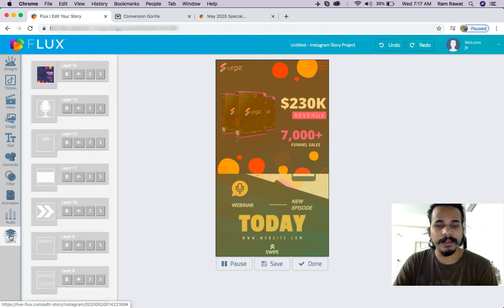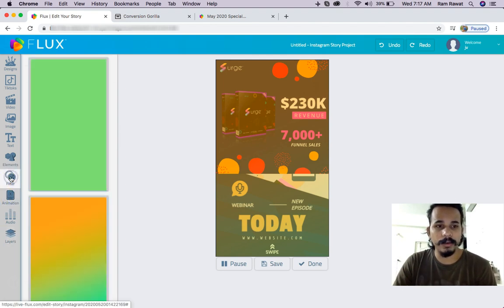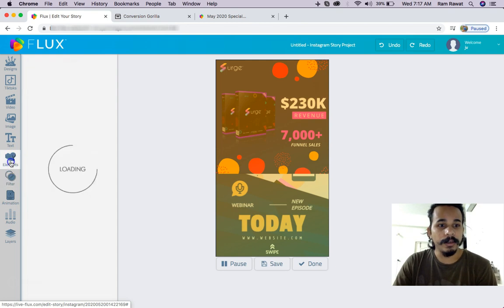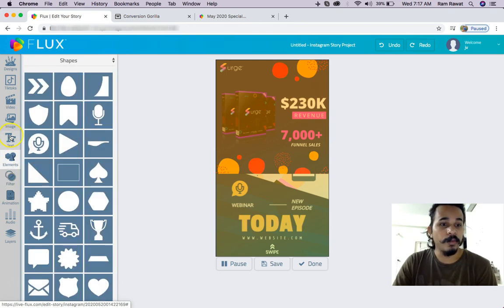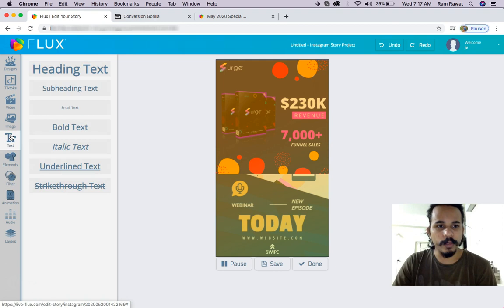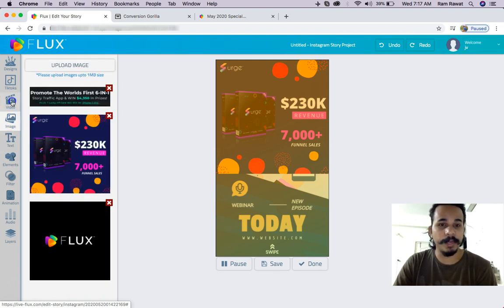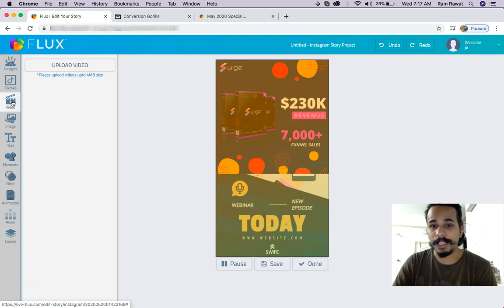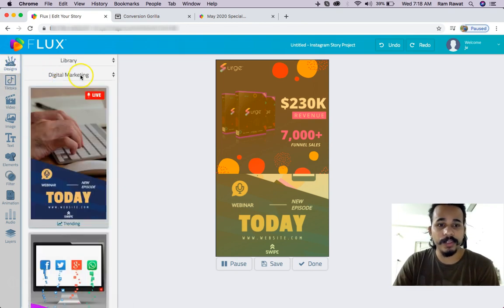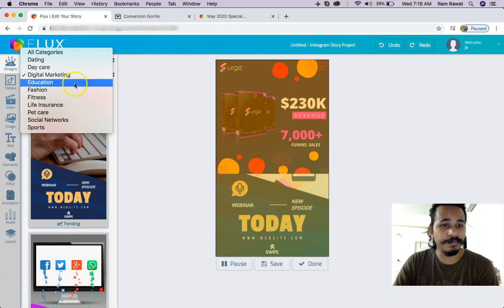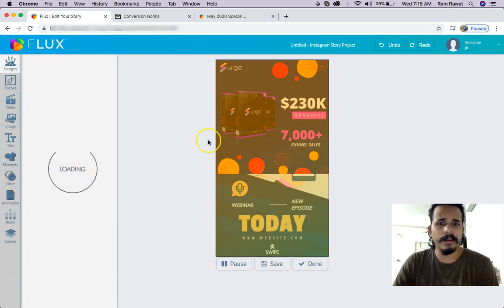And these are the layers, you can edit whichever layer you want. So this is like a cool Photoshop editor, a cloud-based Photoshop editor, which is going to create wonderful stories for your 6 social media platforms, and going to bring a lot of traffic to your website, your offers, or wherever you want. So I really love the Flux, and I really like the done for you templates, and this is really amazing software.